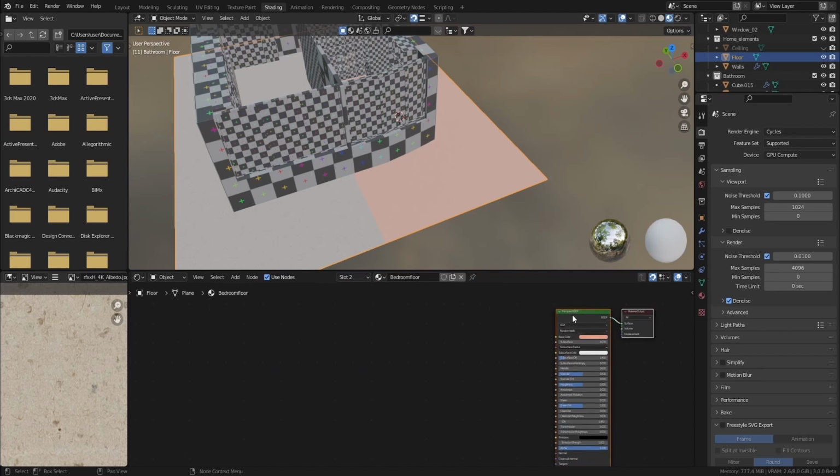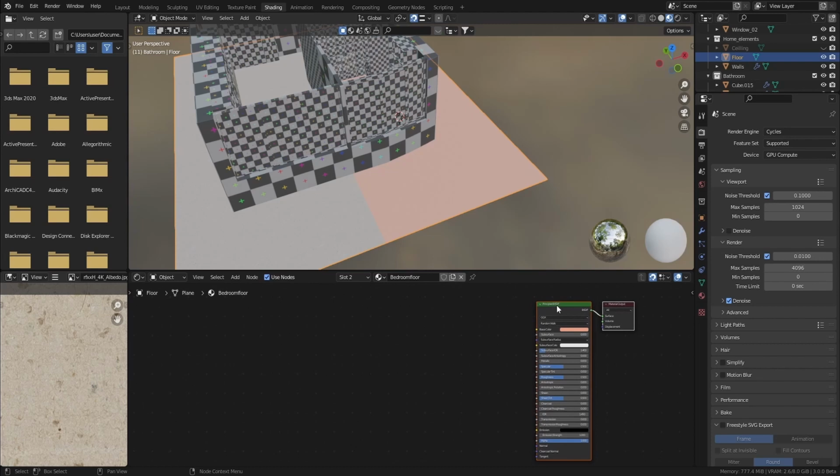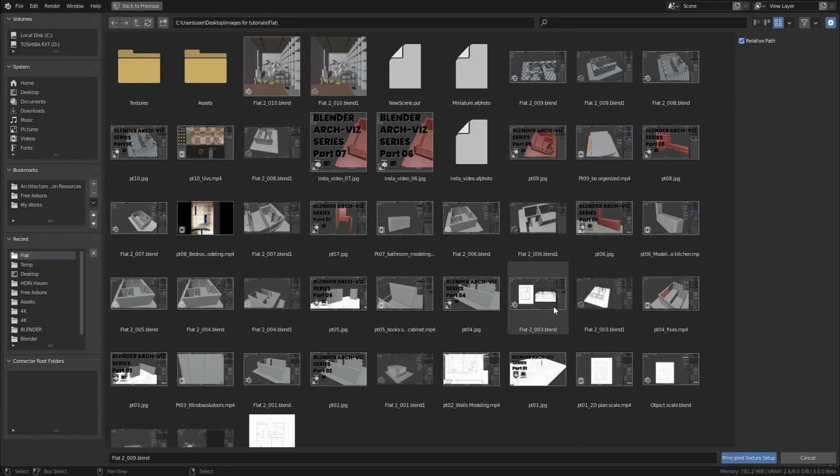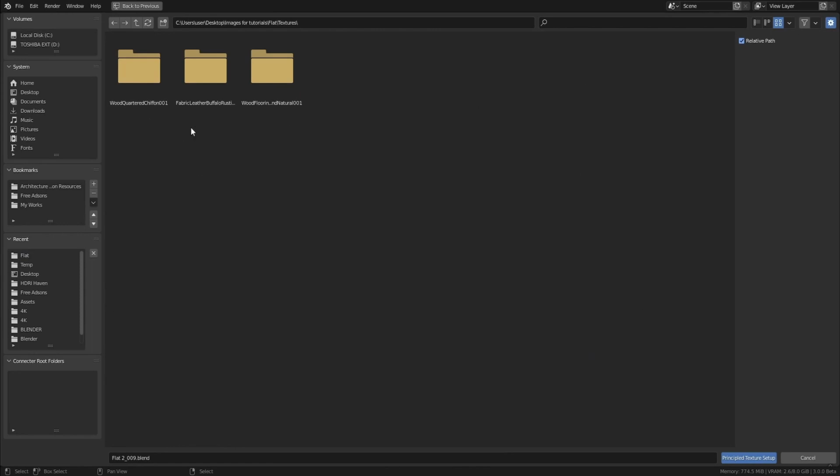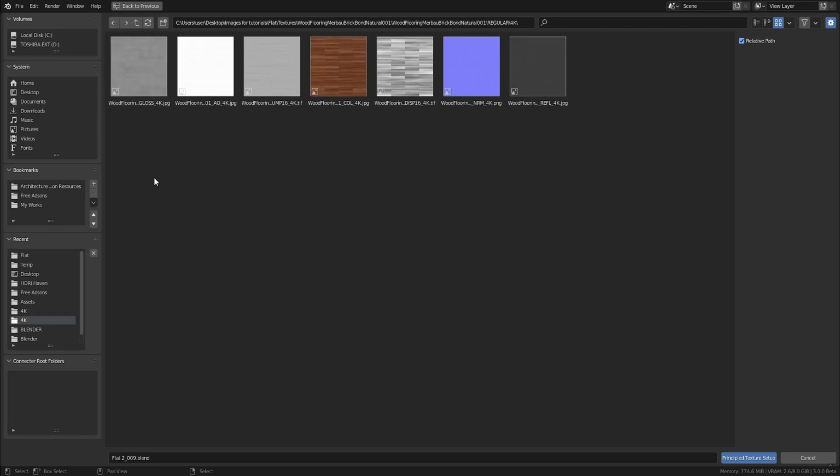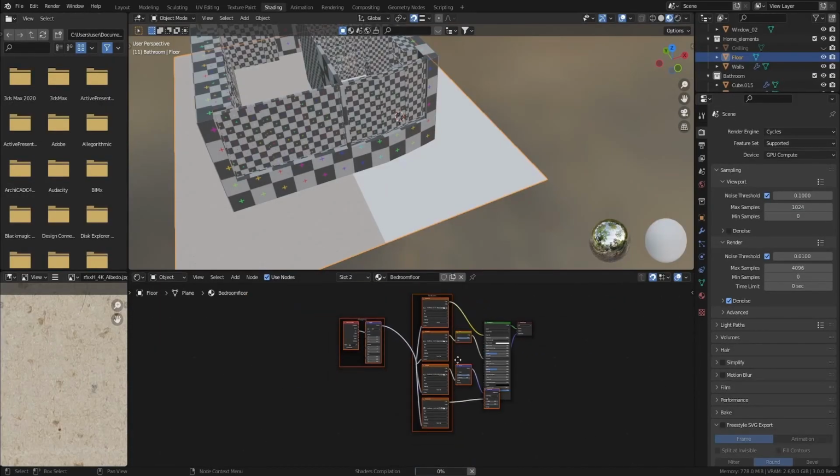Now in this case I will export or get a texture from polygon.com as I mentioned previously. So in this case I will use Node Wrangler. If you have not enabled this add-on, go to Edit, Preferences, and enable it as usual. So press Ctrl Shift T, go to your folder and add this material. For example, in my case, I will add it from the texture folder, go to wood floor, then go to regular and 4K, choose these maps, select them all and add them directly to